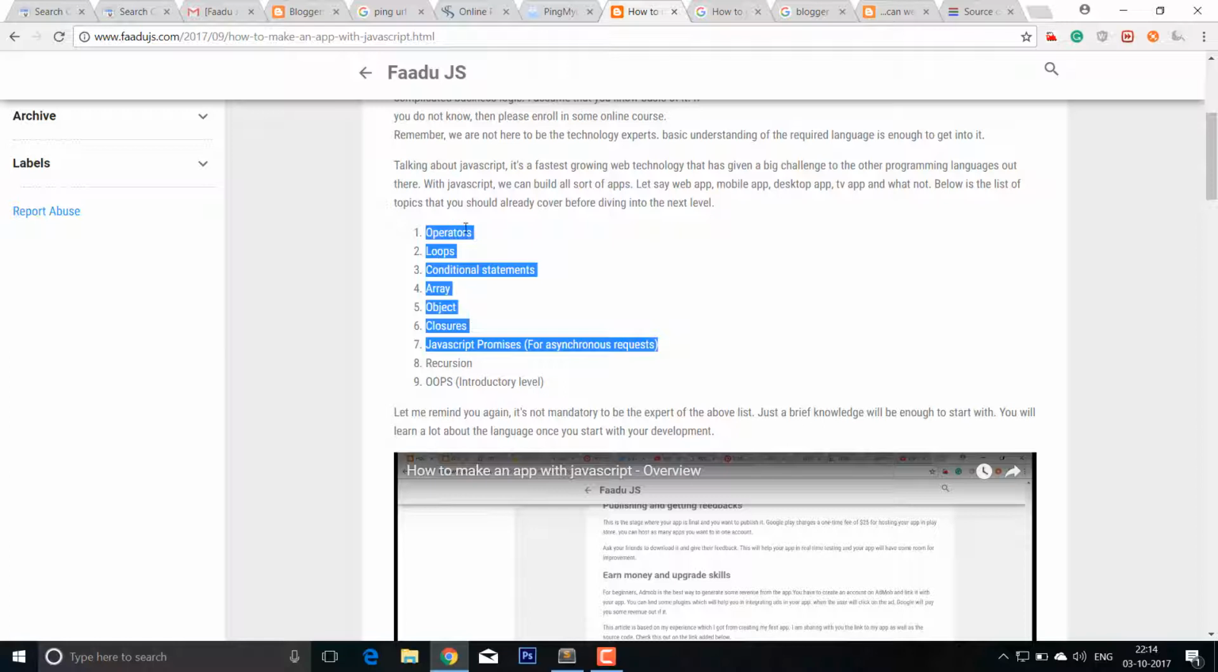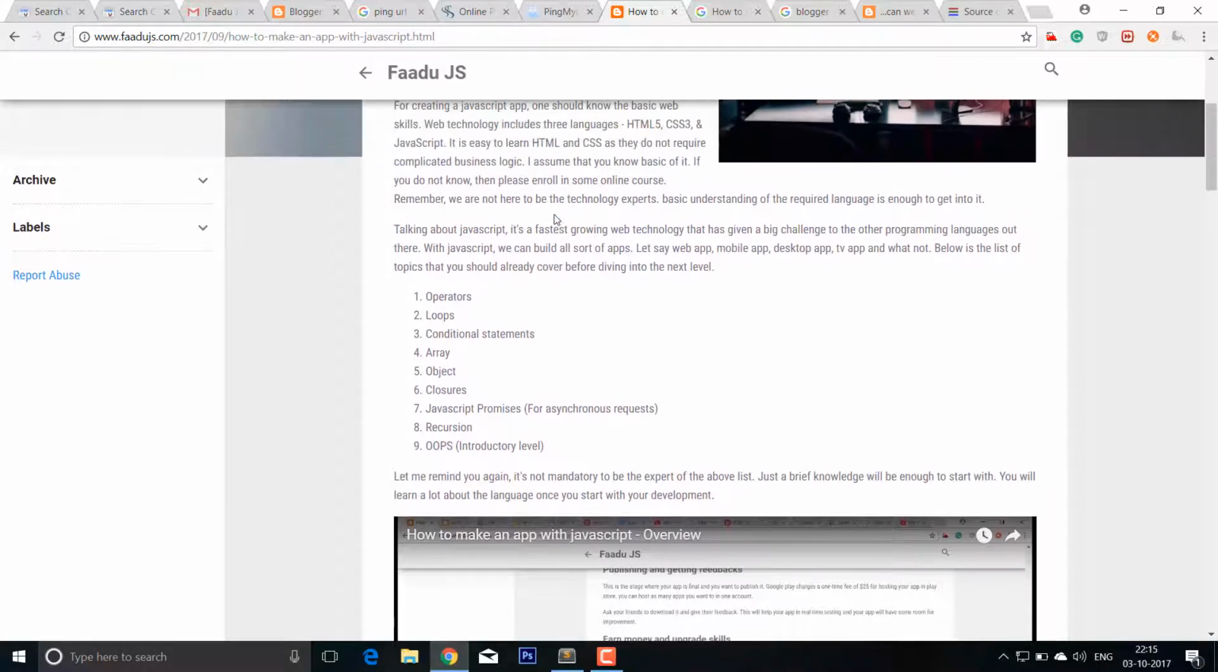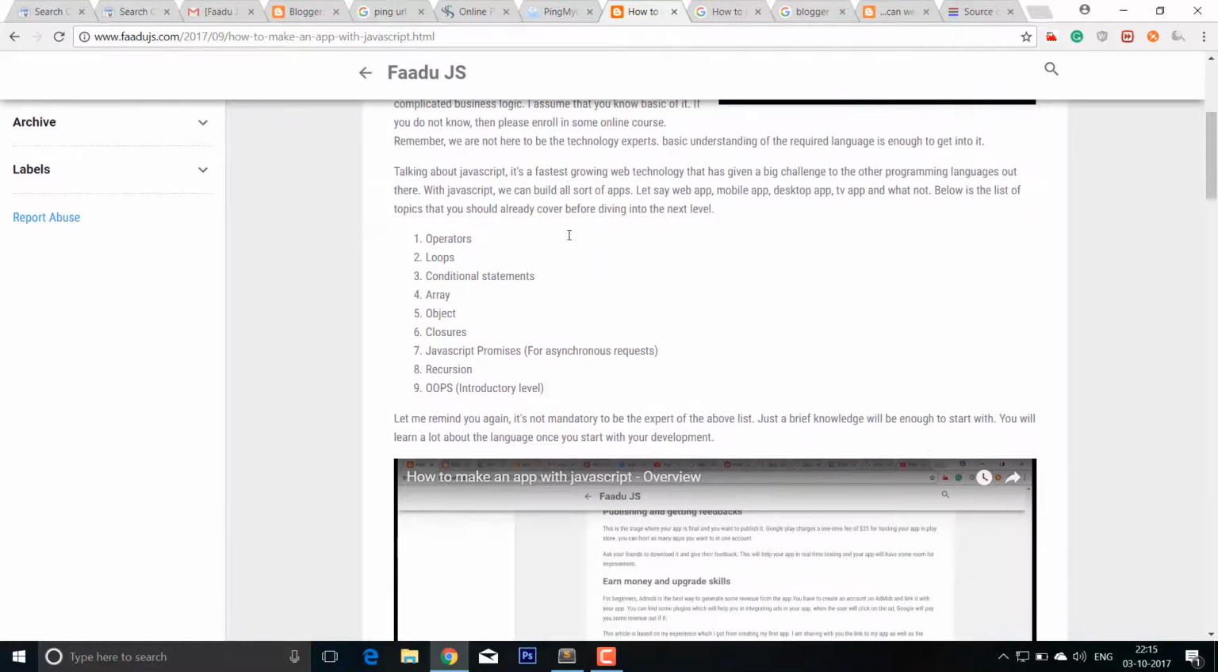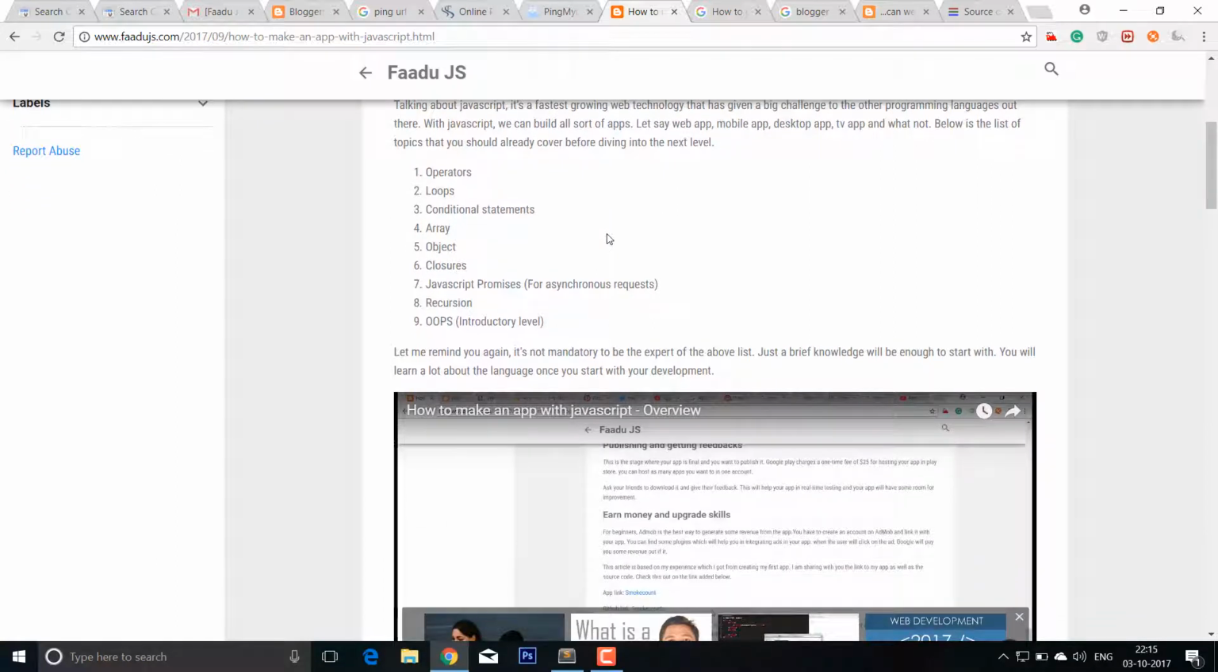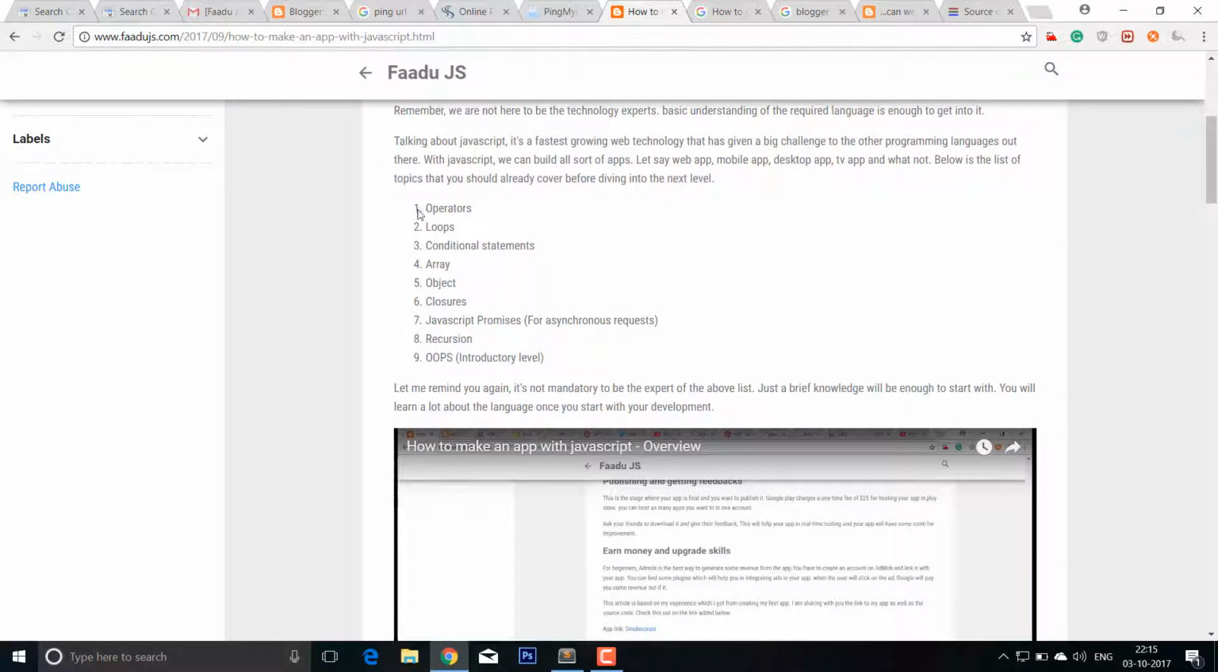So these are some topics that you have to cover before diving into app development, and I assume that you know a little bit about JavaScript, so I have not provided the first topic of learning any language, not only JavaScript but Java, C++ and all, because they all have variables, the container where you store the values. But yes, operators, loops, conditional statements, arrays, objects, closures, you will find tutorials for these, and